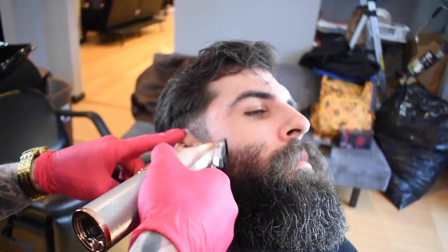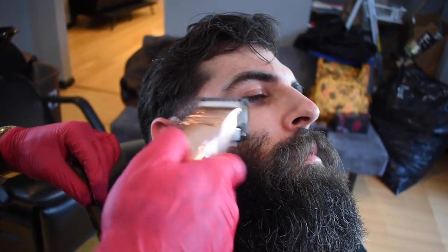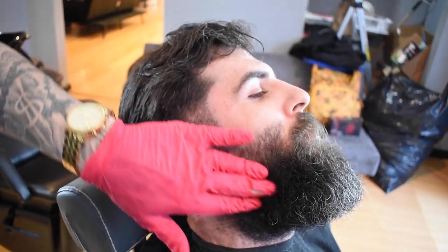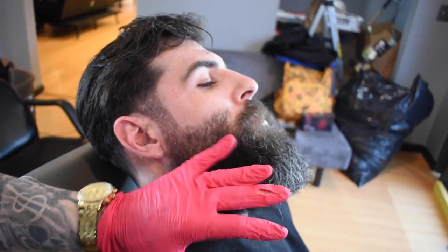And even though we went down to a 1 on the hair, I will go in with a 1/2 open, and that'll just create a little bit more of a blend in the temple area. Again, just using one side of the clipper. So the fading with just the guards at this moment is done, I will match the other side, and then we will go in freehand. So I'll turn his head,